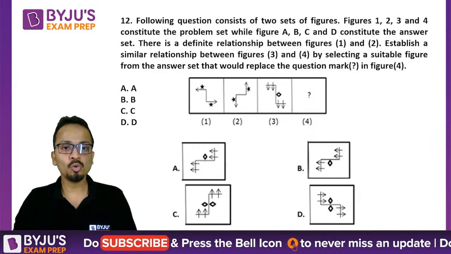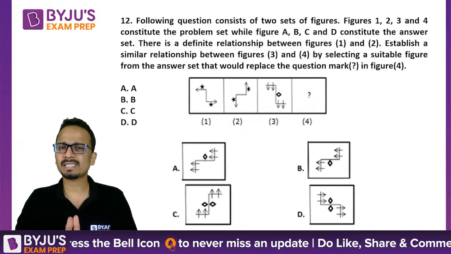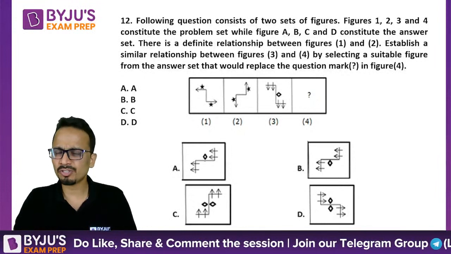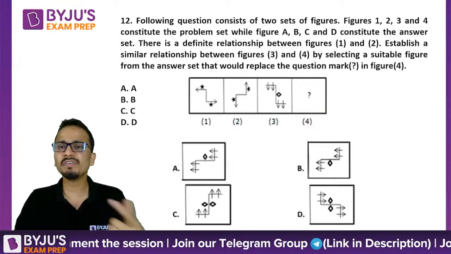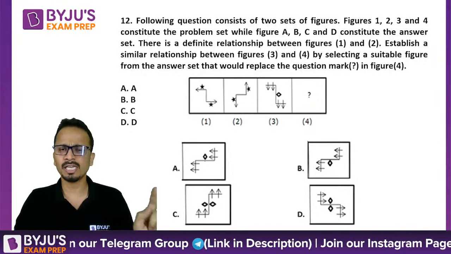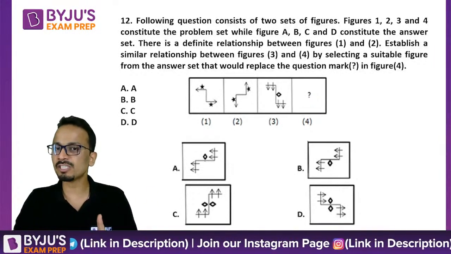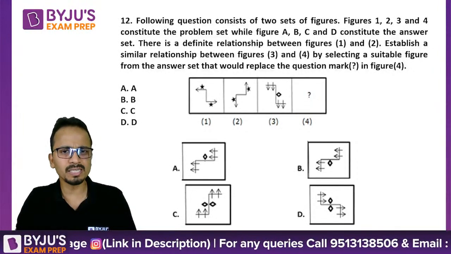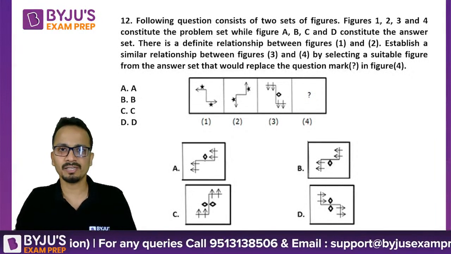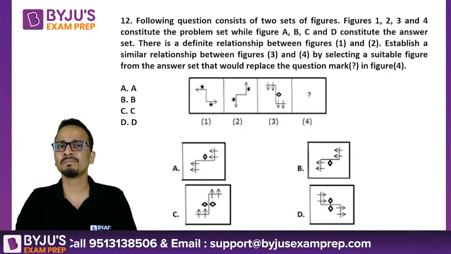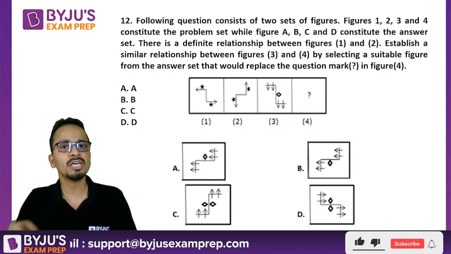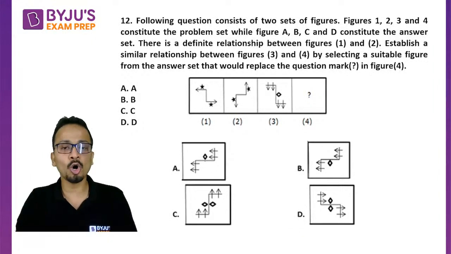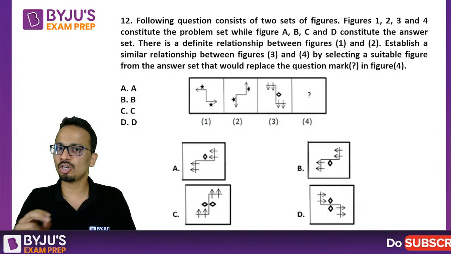Now the students who are new, who have been attending this analytical reasoning session for the first time: this is session number 3 that I'm taking on analytical reasoning. Previously, I have taken a minimum of 2 sessions in the last 10 days. In the very first session, I explained what different things we need to consider while solving the questions of analytical reasoning. By taking some examples, I explained the method of rotation, the method of reflection, rotating by 90 degrees, 180 degrees, and shifting of figures. I explained all these things in the first session of analytical reasoning.